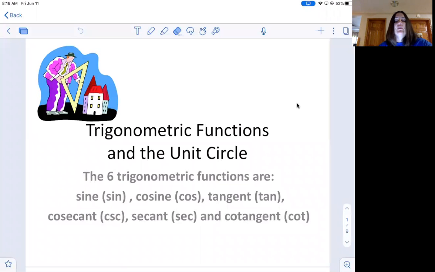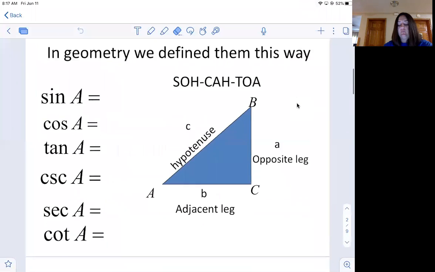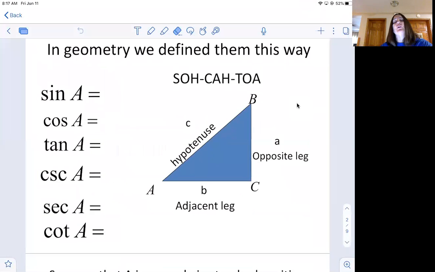Today, our focus is our 6 trigonometric functions in the unit circle. So most of you know sine, cosine, and tangent, but you may not be familiar with cosecant, secant, and cotangent. So in geometry, you use SOHCAHTOA. So you define them as sine is opposite over hypotenuse, cosine is adjacent over hypotenuse, and tangent is opposite over